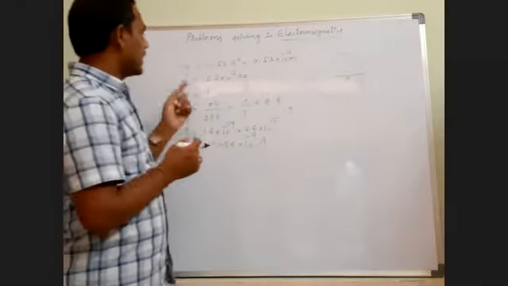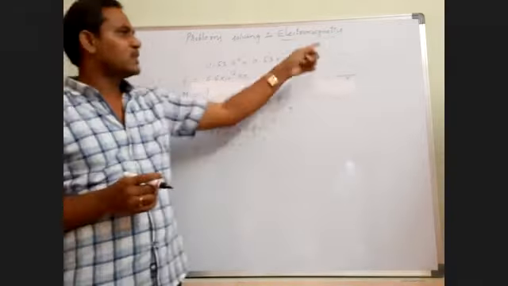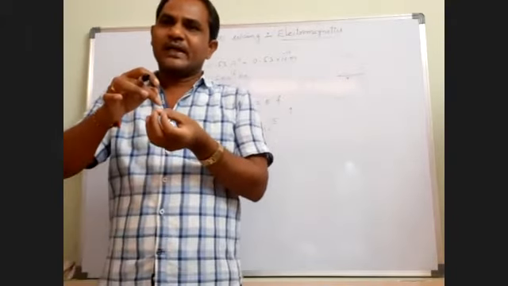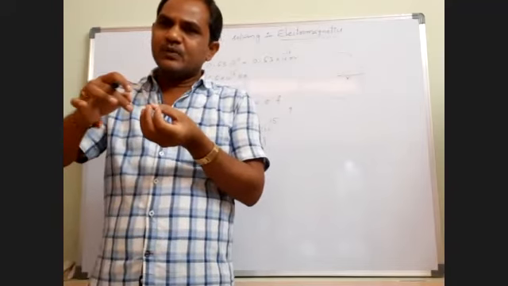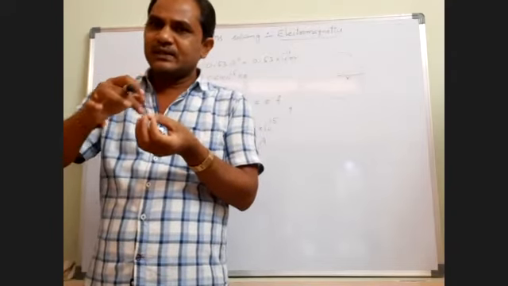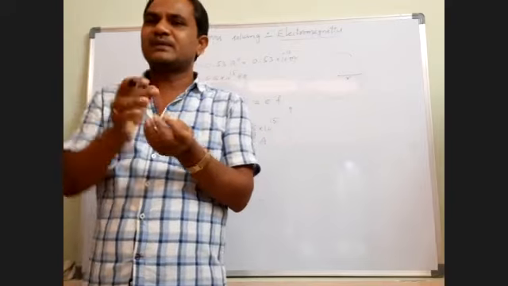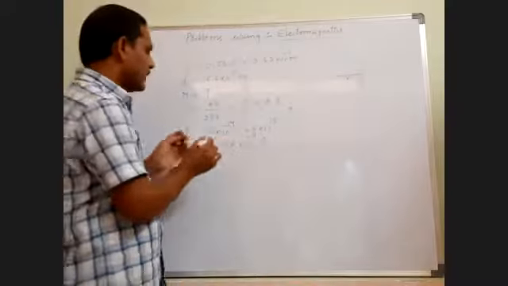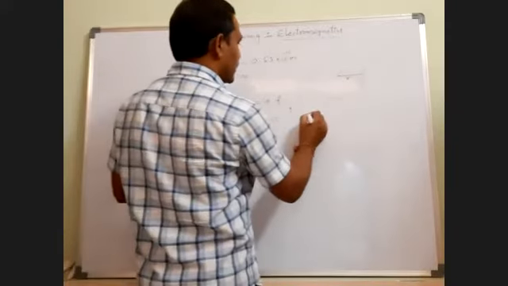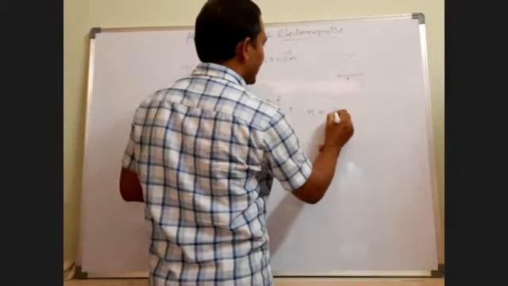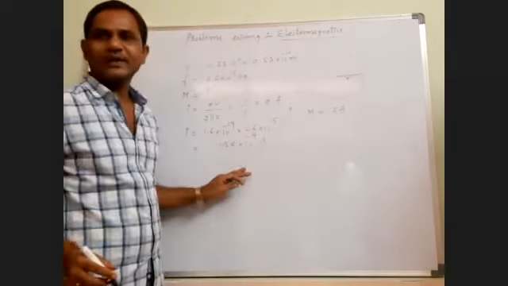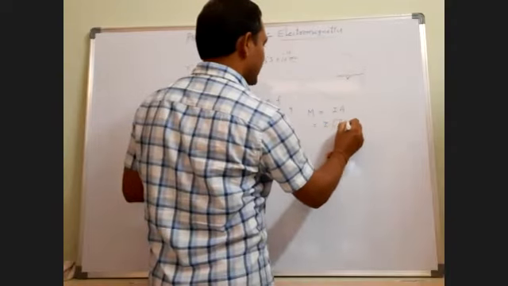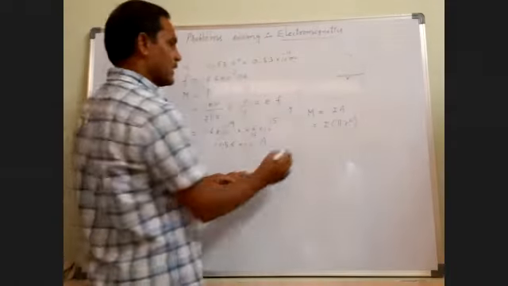So what do we have to calculate here? The magnetic moment of this circular loop. Here the electron is moving in a circular path, so the orbital motion of the electron can be assumed as a current carrying loop. The magnetic moment formula for a current carrying loop is M is equal to I A. I into A, but A is pi r square, the area of the circle.